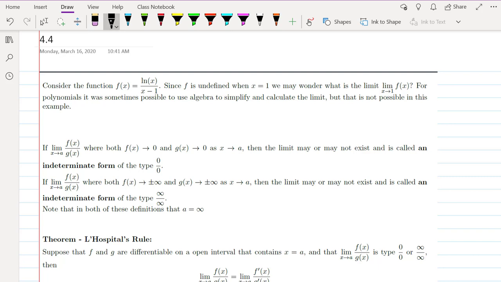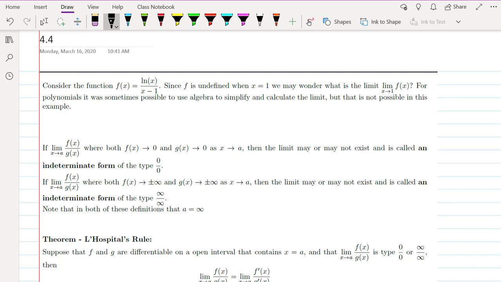In this section, we're going to be discussing L'Hopital's rule. So let's get started. Consider the function f of x equals the natural logarithm of x over x minus 1. Since f is undefined when x equals 1, we may wonder what the limit is as x approaches 1